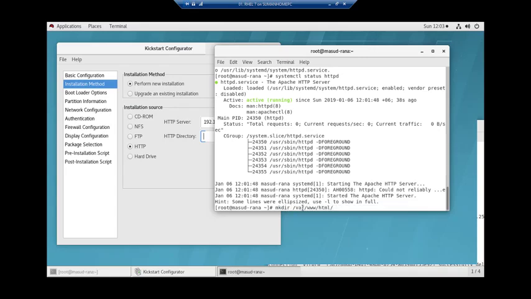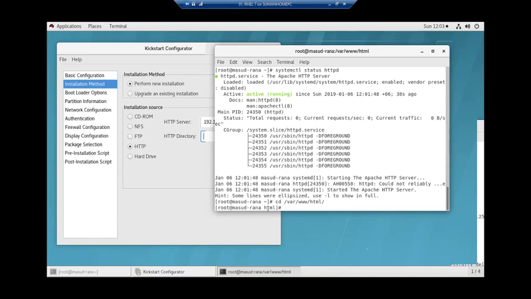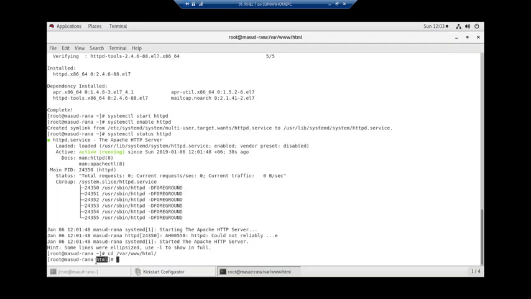Let me switch to that directory. Yeah, you can see that the HTML directory exists on the system.